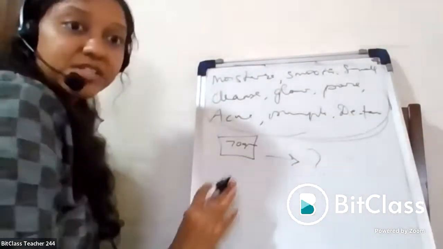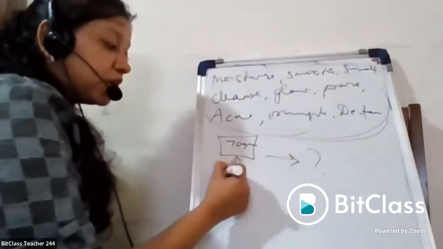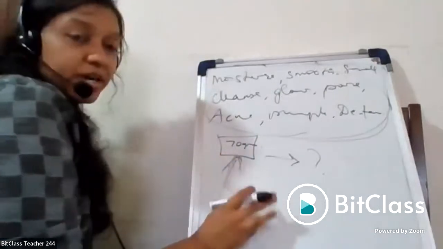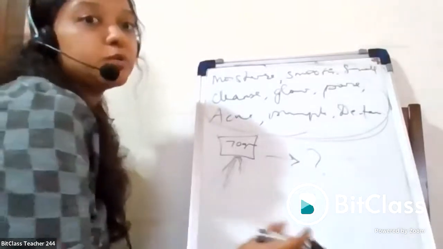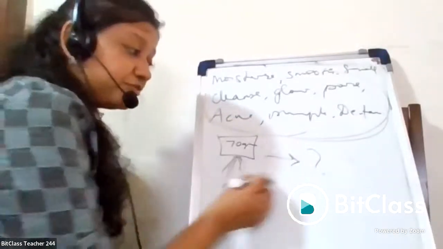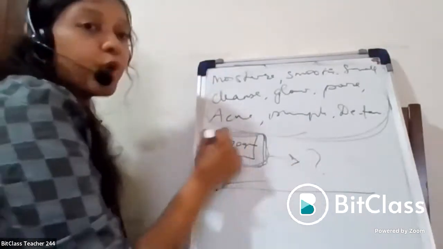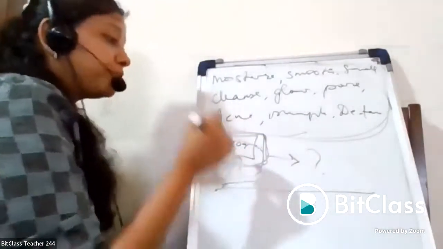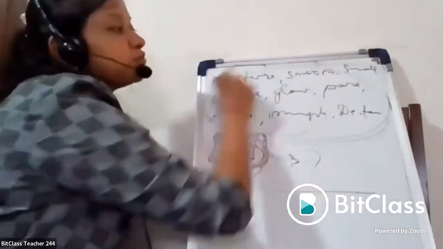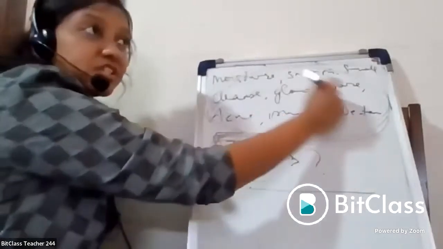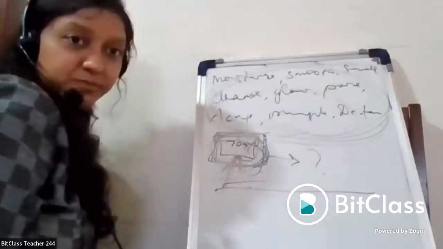Every customer expects this. The demand on soap is too high. Why? Because some people use moisturizer, some people use pimple cream, some people use serum. But if you see in everyone's toilet kit, only one item will be common, that is a soap or a cleansing item. So people expect a lot from their soap. Whatever 3,000, 4,000 rupees worth of products, creams, gels will do, that one soap should do. That's the expectation of people.